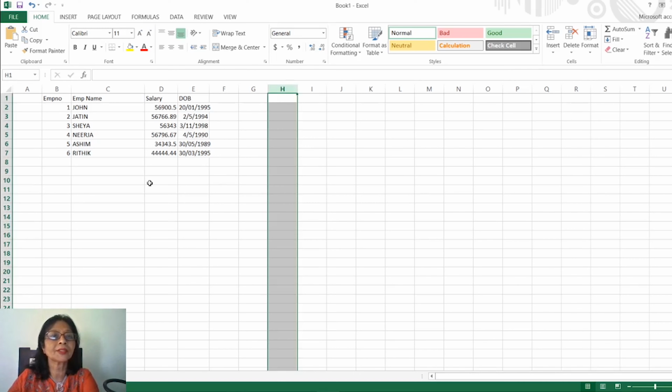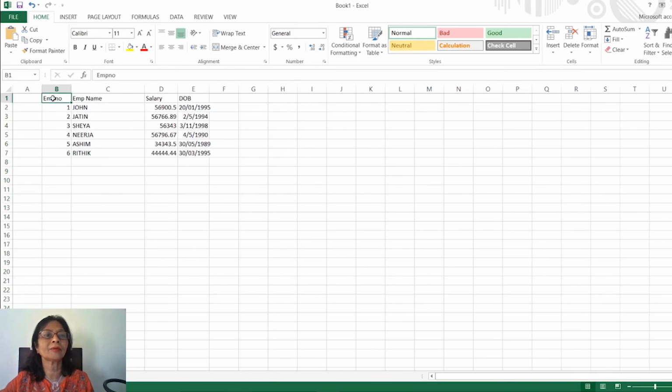Seen on the screen, here there is a sheet. That means here it is highlighted as Sheet 1, and here you can see employee number, employee name, salary, date of birth. I have entered 6 data in the sheet, and you have already learned how to move the data inside to center or left. So now, for making it center, click on this center and then make it bold, and for this also the whole thing we will make it center.